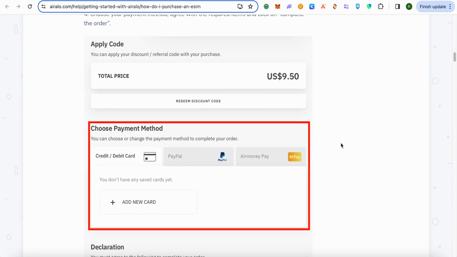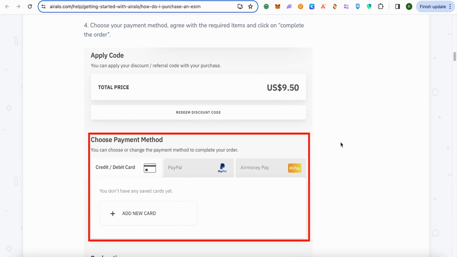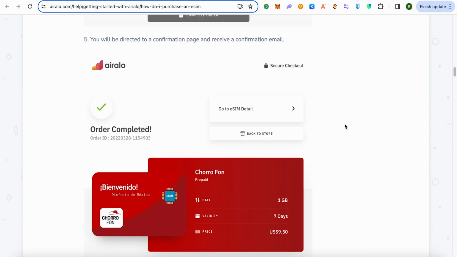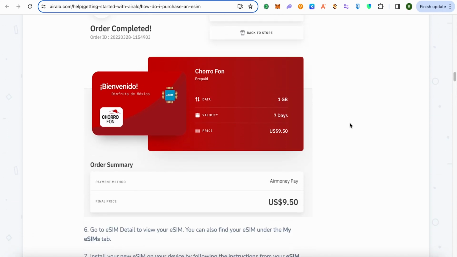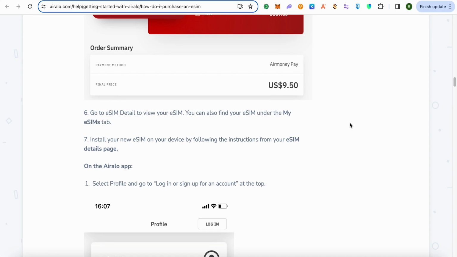After that, you need to choose your payment method that you want to use in order to pay for that particular plan. After completing your order, you should be able to see all the confirmation details regarding your order, and you should be able to see an email from the Airalo about your plan. And just go to eSIM details, and over there you would be able to see all the plan details, and